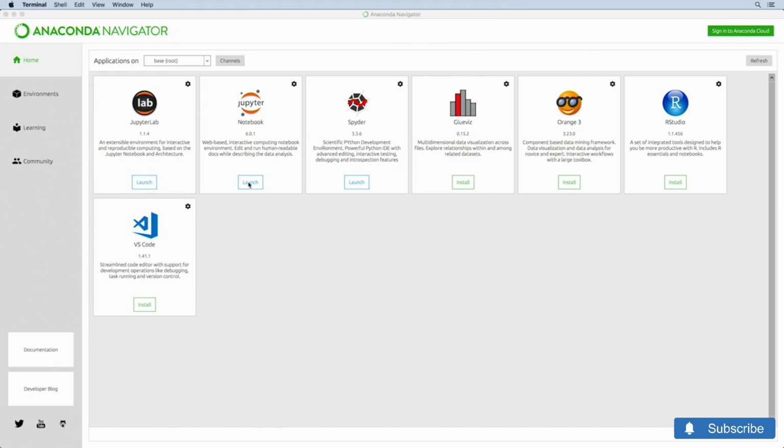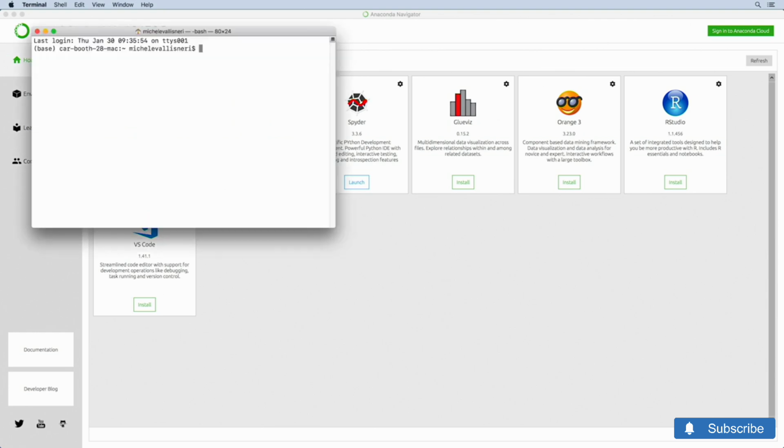Jupyter Notebooks offer a very convenient way to write code, run it, and collect the results, including plots, in a single document. You can even write formatted text and equations. This is my favorite way of using Python because it lets me experiment with data and code, document my work, and go back to it later. You start Jupyter Notebook from the Anaconda navigator by clicking on Launch. If you don't have Anaconda, you can go to a terminal and type Jupyter Notebook.